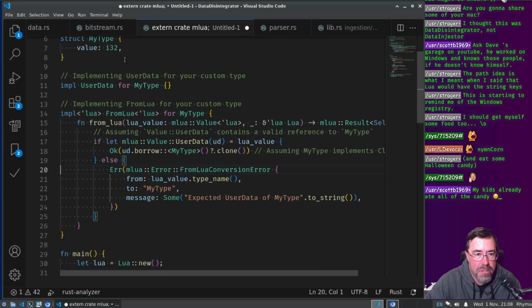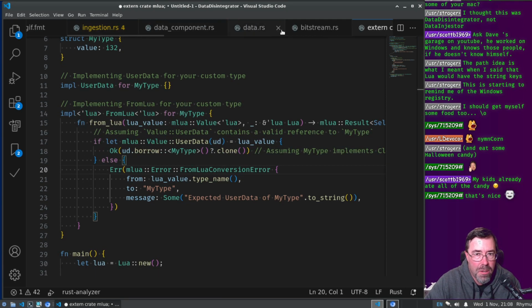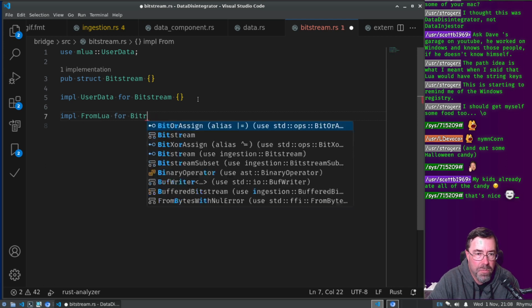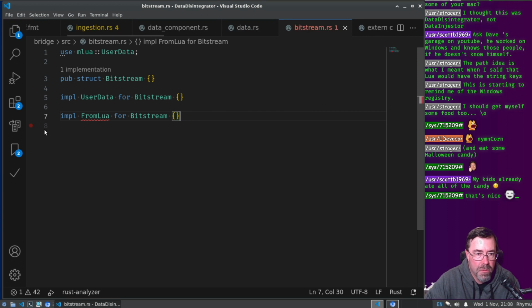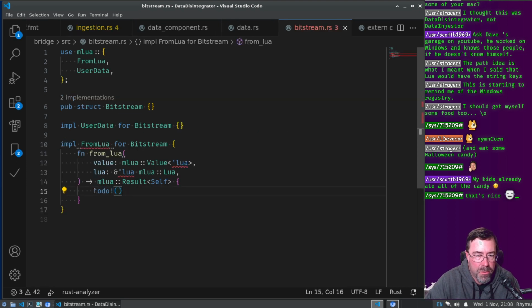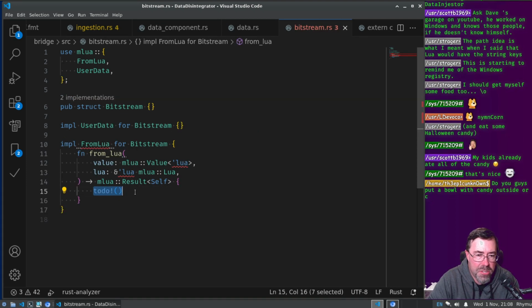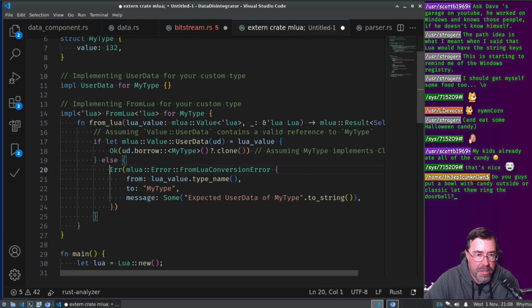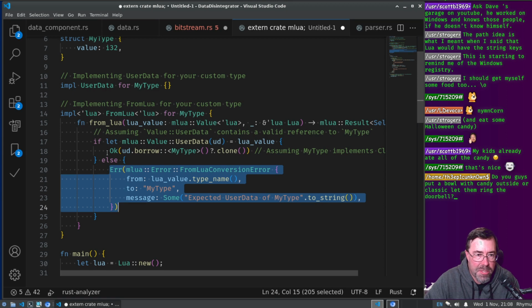Okay, so I want to try this on our bitstream wrapper. Supposedly if I implement FromLua for the bitstream and tell this to implement missing members, we should just do a let-else error. But isn't it better to do a let equal else error and then